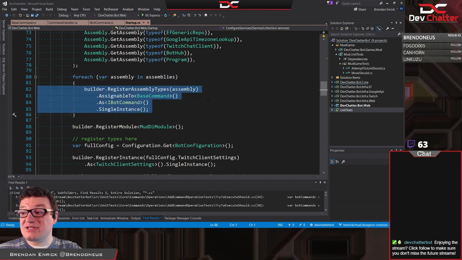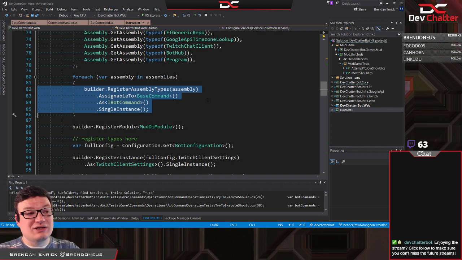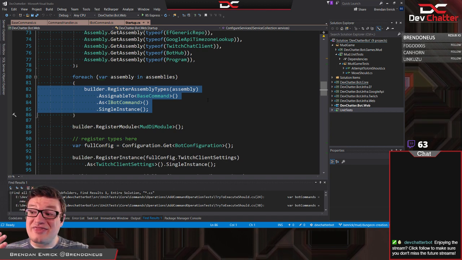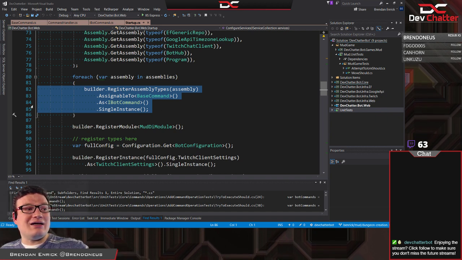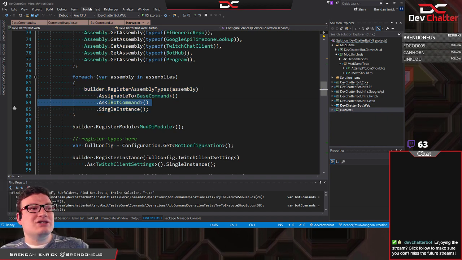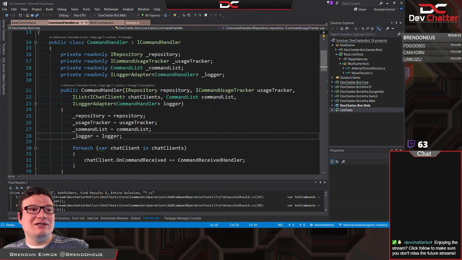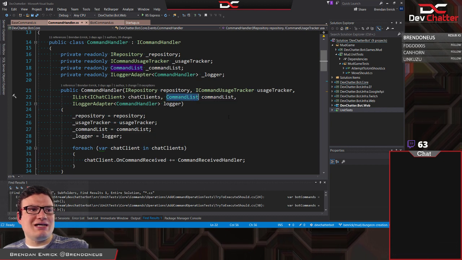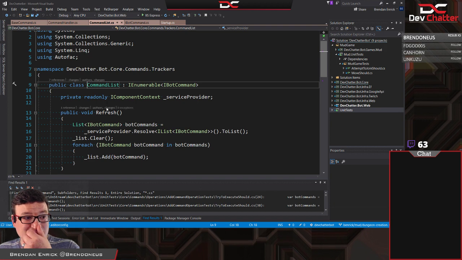Now, these sometimes have state. I really only need one because the command handler itself is going to stay around. So I have it only create one instance because that's all I need to do. And I have it implement this interface. So what that means is when I go to create my command handler, it has a command list in it. And the command list...